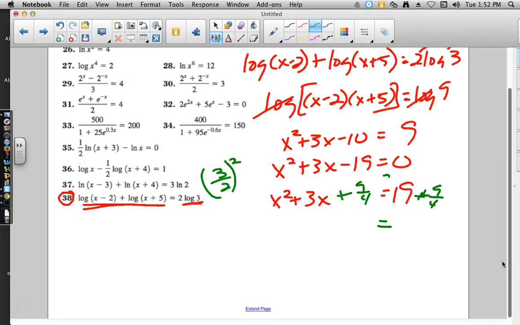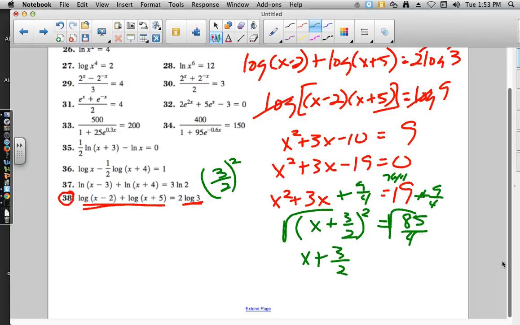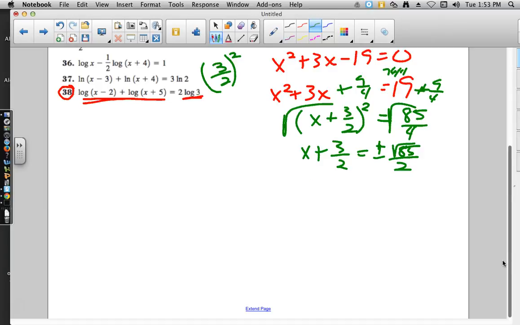And 19 is the same thing as 76/4, so 76/4 plus 9/4 gives you 85/4. And over here, we now have a perfect square trinomial, which as a binomial squared would be x plus 3/2 squared. Let's take the square root of both sides, and x plus 3/2 equals plus or minus the square root of 85 over 2, and then we would subtract 3/2 from both sides,